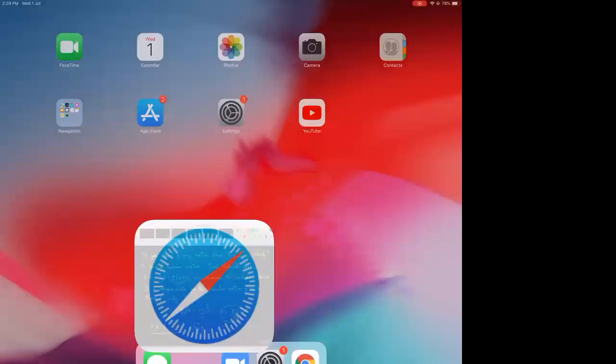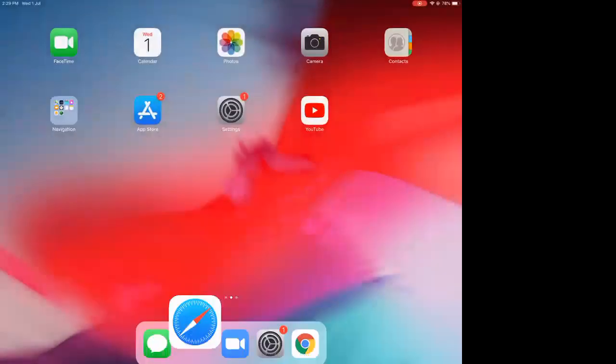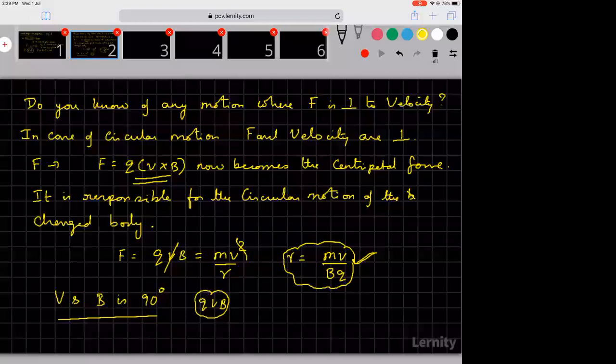Okay, so when a charged object is pushed into a magnetic field, an external magnetic field, it starts moving in a circle provided velocity and magnetic field are perpendicular to each other. And later on, first let us understand this, later on we will see what if they are not perpendicular, all those things we will see subsequently. First let us understand the circular motion properly. Once we understand circular motion properly, then we will look at all other types of motion.